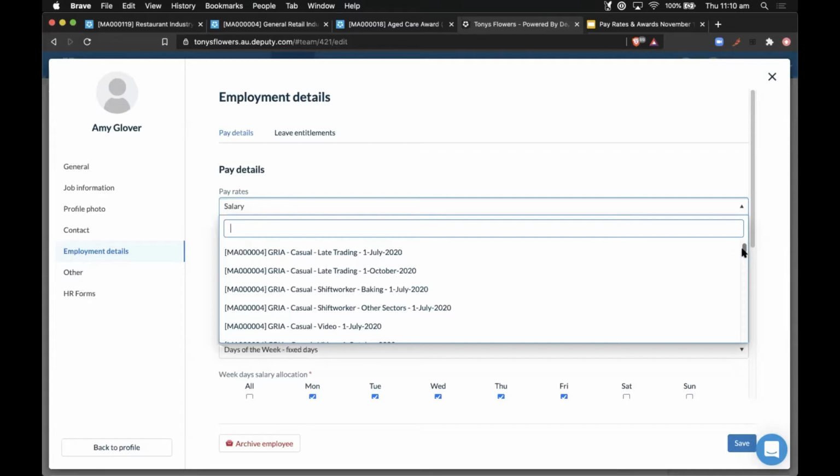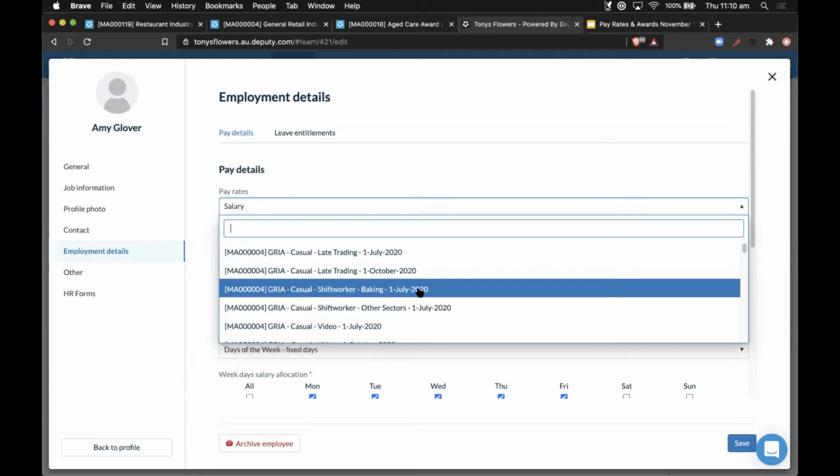But what you'll also notice is, as you look through the award acronym or code that's relevant to you, you'll actually see a lot of dates and years and things like that that are backdated on there. And the reason why you might see, let's say, 10 GRIAs is because it tries to break it up into the working orientation, a part-timer, a casual, and a full-timer. And it also backdates it. So if anyone in payroll has to query a timesheet from, let's say, 2 years ago, they can change the pay rate for that person back to a previous version, and then reapprove a timesheet of that date and be able to calculate exactly what it was supposed to be at the time. Makes it very easy to audit, basically.